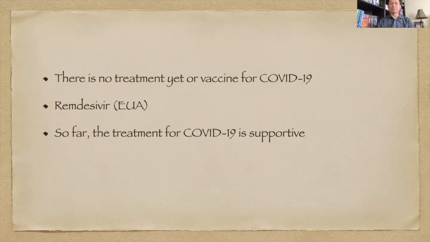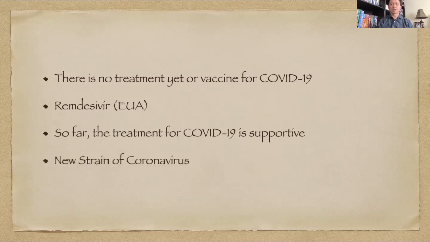So far, the treatment of COVID-19 is supportive. For example, if you develop an infection, and while having it you develop a secondary infection like pneumonia or another bacterial infection, then sometimes you are diagnosed to have COVID-19. The medical doctor attending to you will order antibiotics for the bacterial infection. Remember, COVID-19 is a viral infection, so we need antiviral medication for that. For bacterial infection, we need antibiotics for the treatment of those diseases.